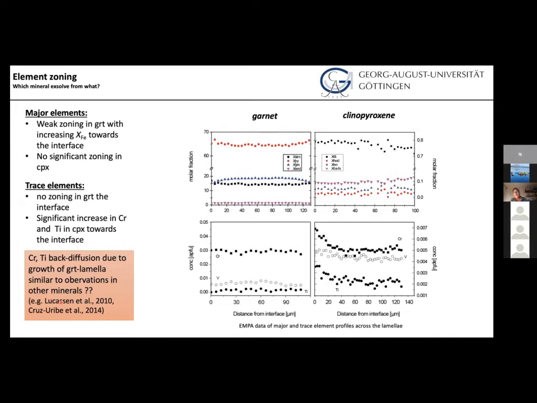So we solved already one of our questions. So the garnet is exsolving from the clinopyroxene,